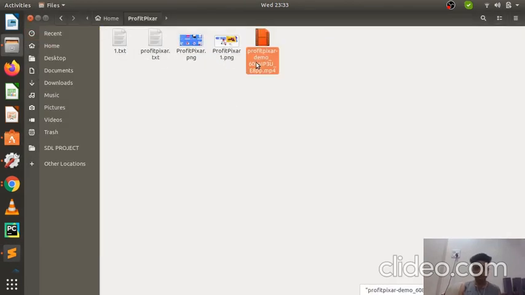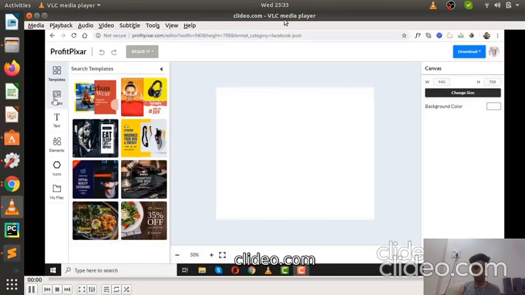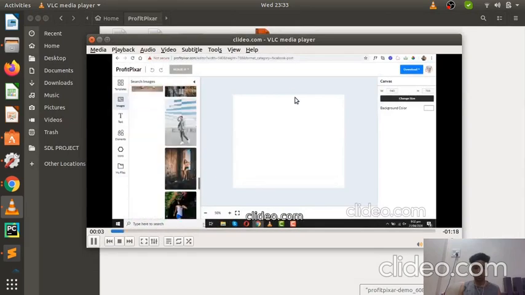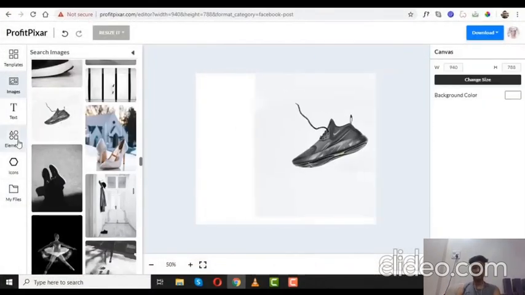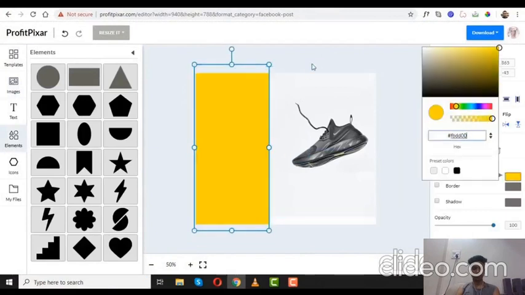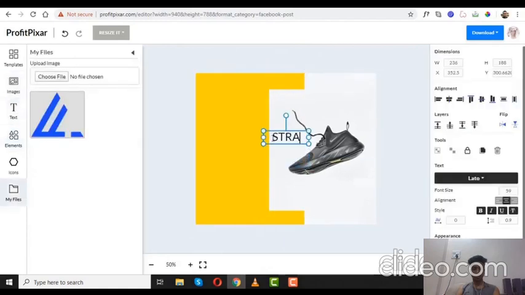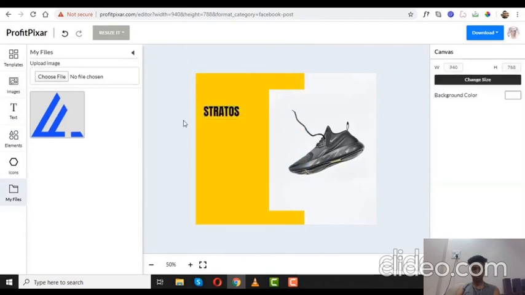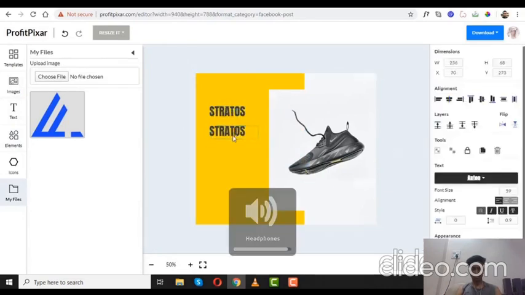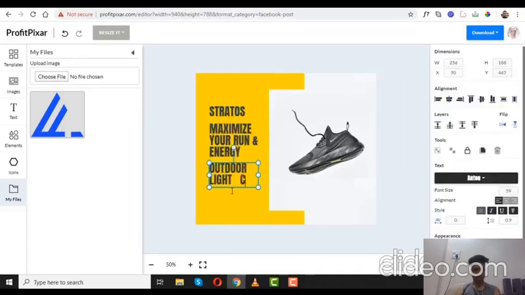I'll just show you the demo part. You can see that these people are making a poster for a shoe company. You can see how easy it is to use.